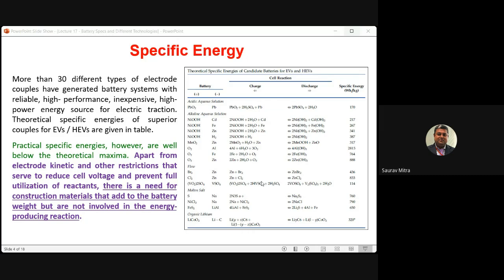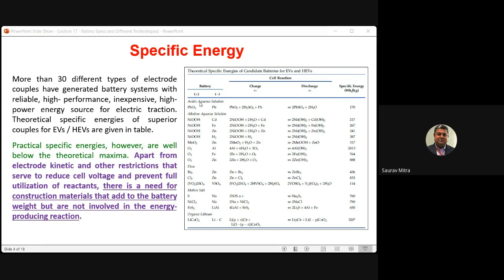Okay, so looking at all these things, lithium ion battery can be one of the very big contenders for EV related batteries. And what is the specific energy for that? That is watt hour per kg, that is 320. I'm just giving an example. If it is a 5 kg weight battery, how much energy will you be getting from that? That is 320 into 5, that means around 1600 watt hour that you are going to get.